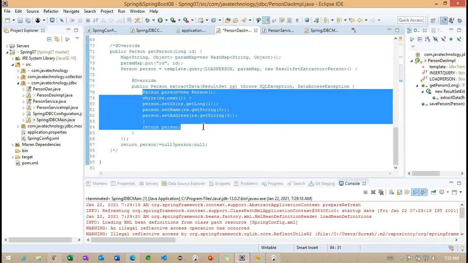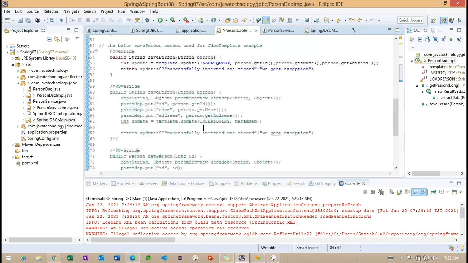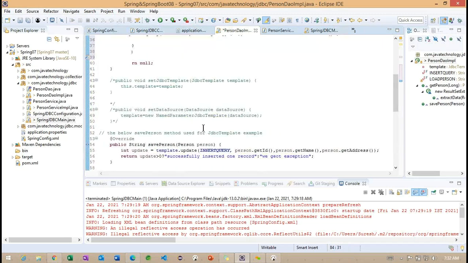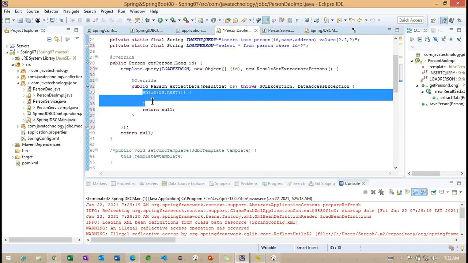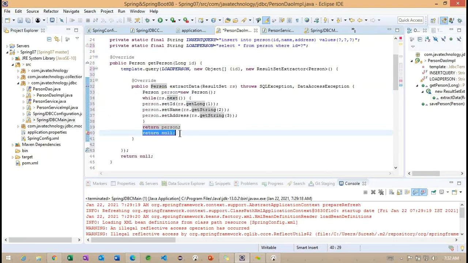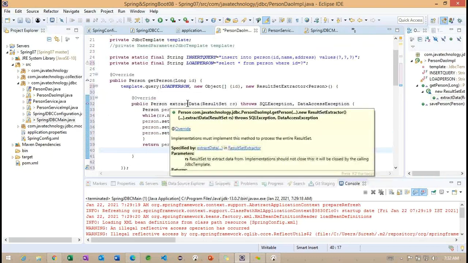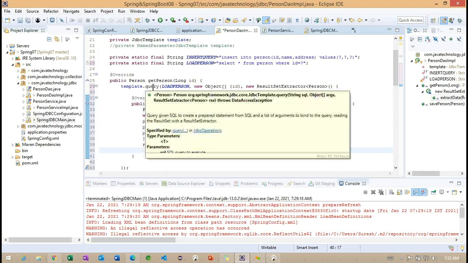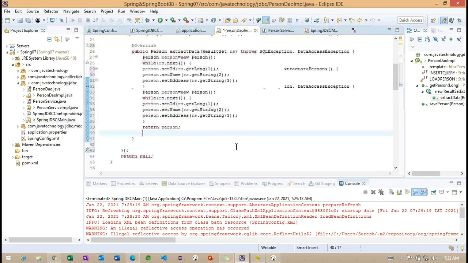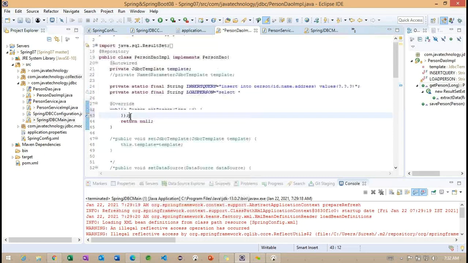Whenever we are working on loading the data, we need to create an object here. Okay. Now the extracting one, the query is also written for person here. Person is returning.